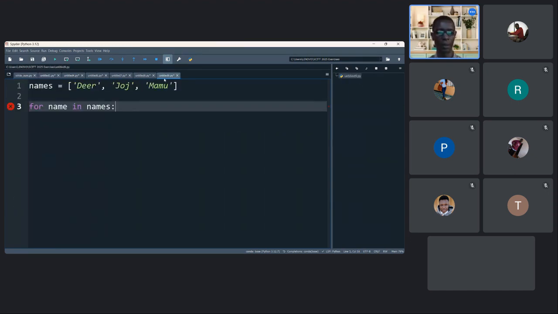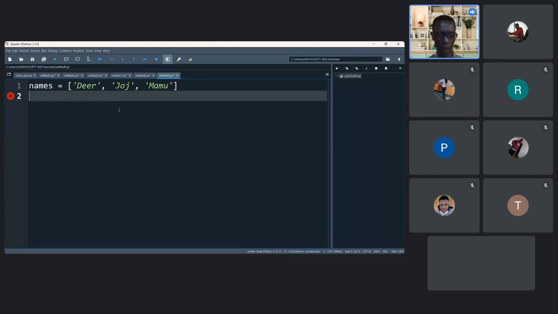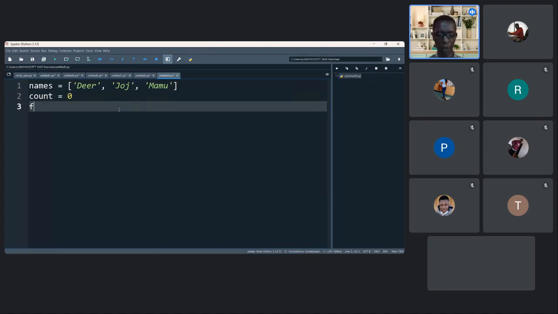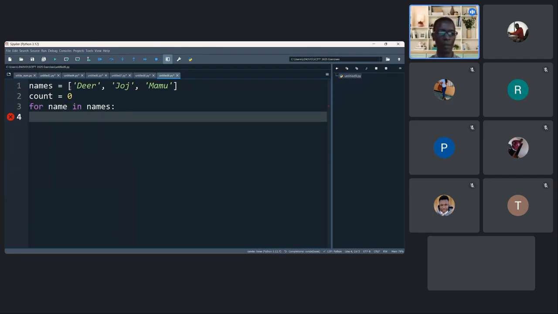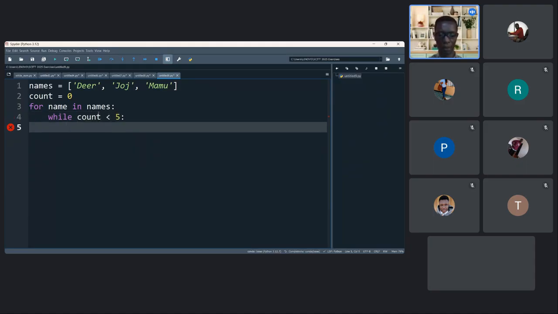The first thing that we did here, we initialize the counter, and this counter can be any variable, is equal to 0. And then for name in names, so that means for every name in this list, while count is less than 5, for instance, let's print